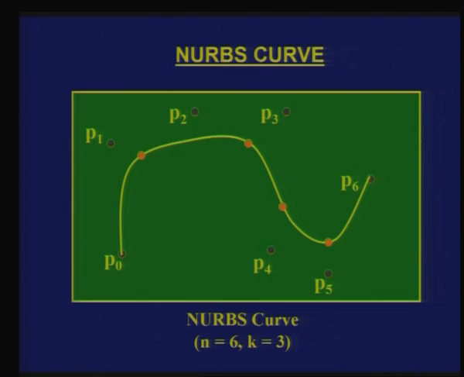It can be made to do that. So, by influencing, one of the ways to say this is, like you have something like a spring which is attached to this, and you are only varying, let us say, the stiffness of that particular spring. The stiffer the spring, the more the curve will be pulled towards that particular point. If I have a very stiff spring, then it passes almost close to that particular point.